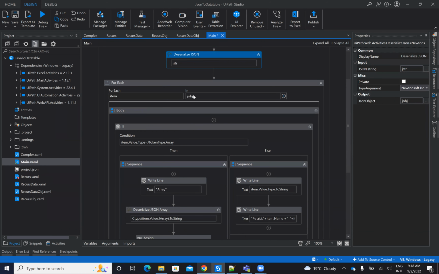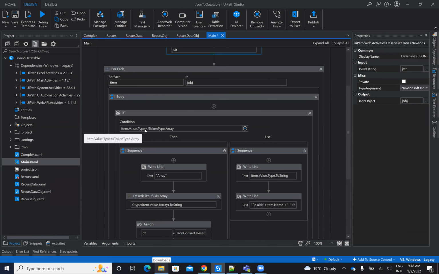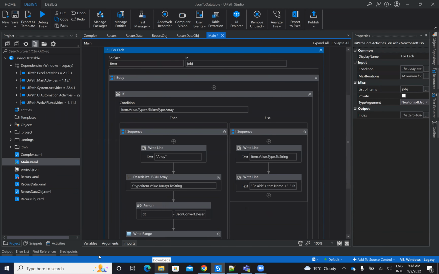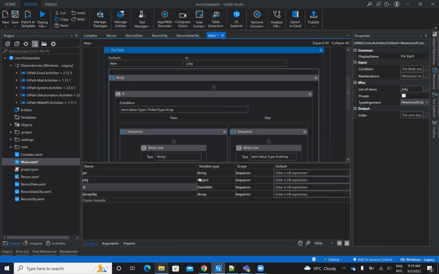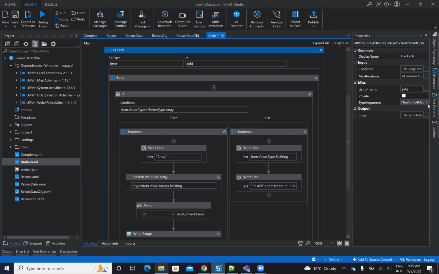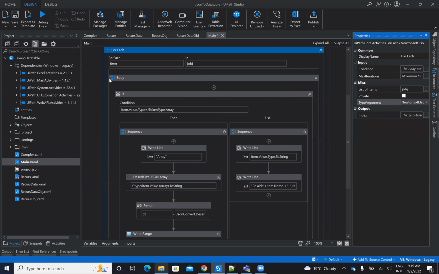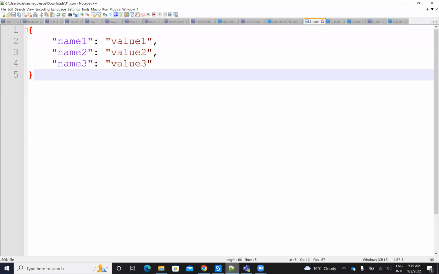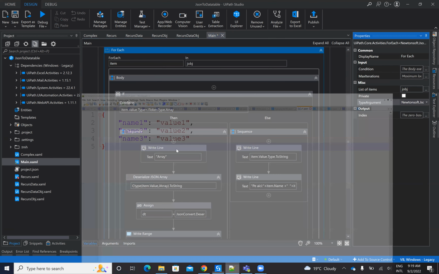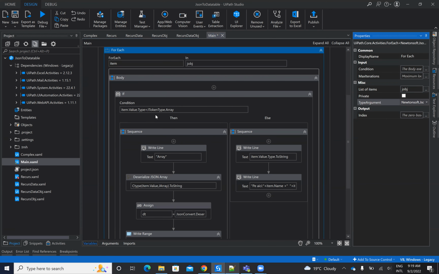Now on this JSON object, I will do a for each to see each item. Then I will ask the type of item. You can see here on the for each that the JObject is an object, and when I see the item, I say that this is a JProperty. On this JProperty, I will ask for the item value. This is the name and this is the value, and I will ask the type of the value, the value type. If it's a JArray, I will do some steps. But if it's not a JArray, like in my case,